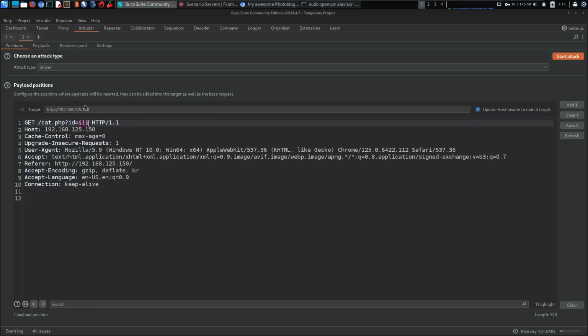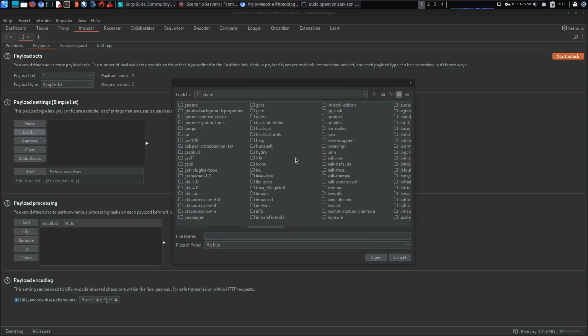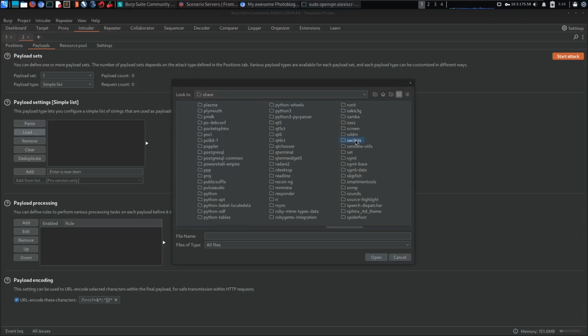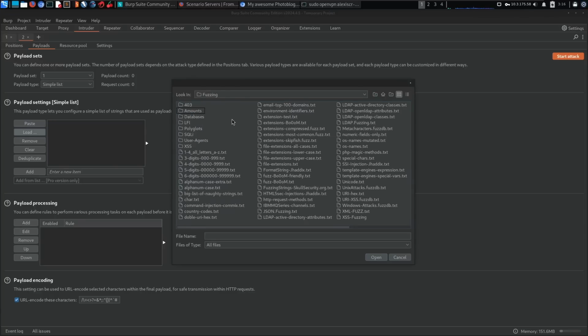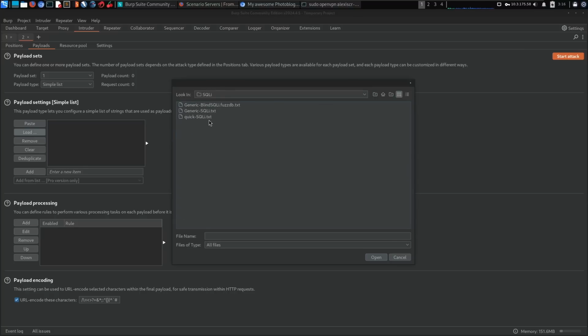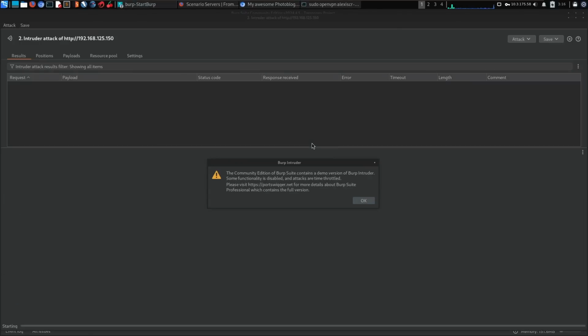We'll use sniper. For the payloads, this is where you can now load the lists. If I go to user share, and I go into sec lists. I'm pretty sure you're familiar with sec lists, but we have in here fuzzing. Under fuzzing, you have your SQL injection fuzzing lists, which essentially contain payloads that you can use to inject into any application input to test for various types of SQL injection vulnerabilities. So I can start the attack, and then obviously you're going to be monitoring